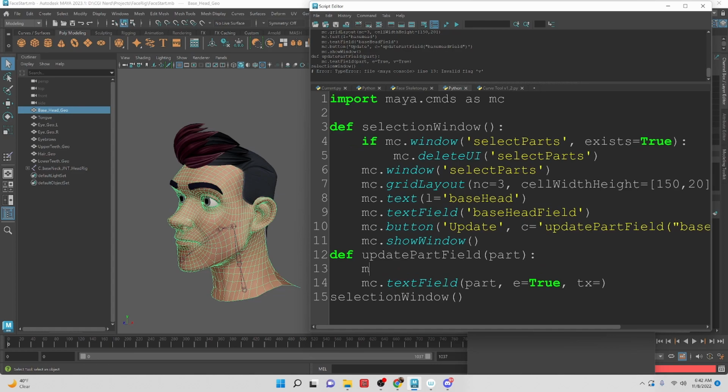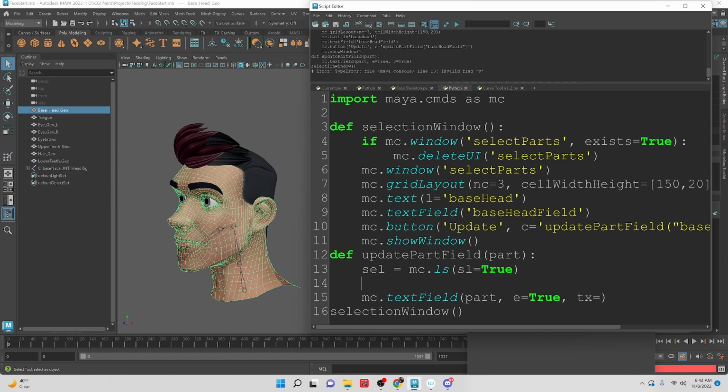So let's get the selection: mc.ls sl equals true, and this is going to be our selection variable. Then let's do a condition statement. If the len of sel equals 1, then we do this. Else